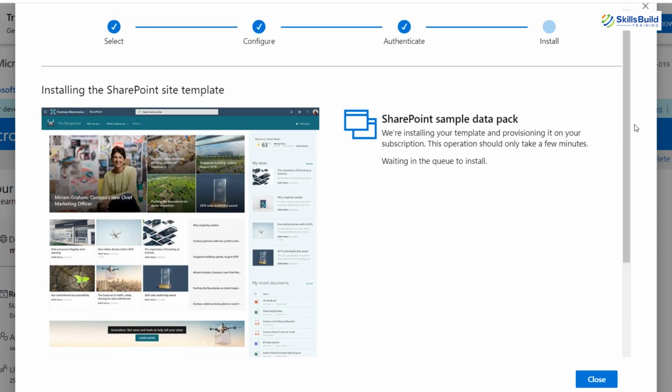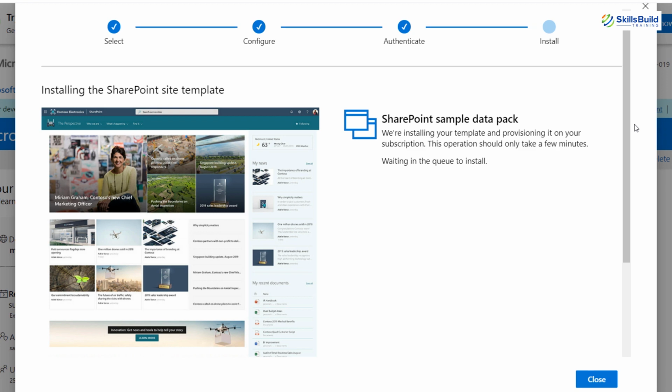So that is how you can install different applications and you can work with other teams as well. While it is installing, I want to tell you about the provision of Microsoft 365 services. Well, it will take some time for the backend services such as SharePoint and Exchange to provision for the subscription.